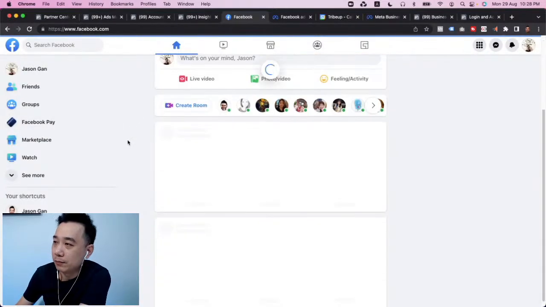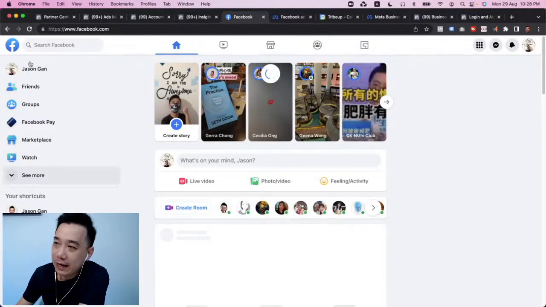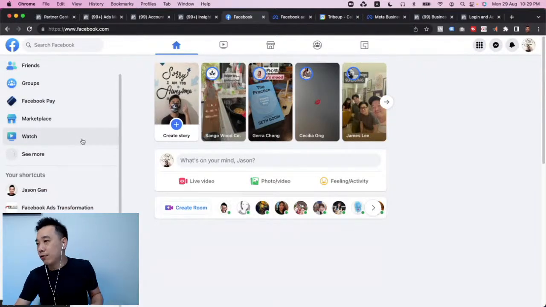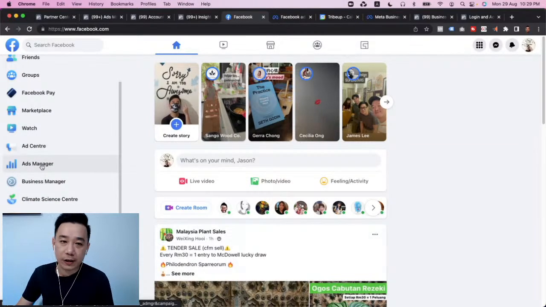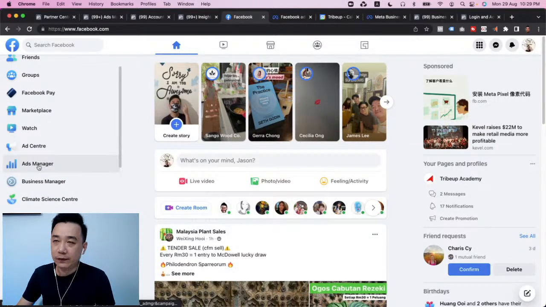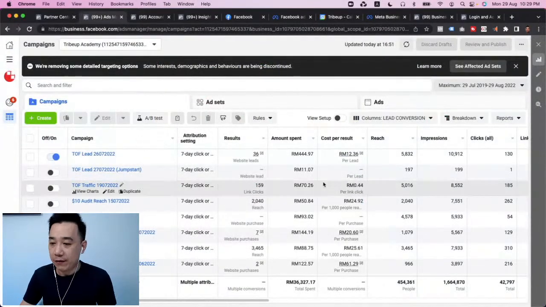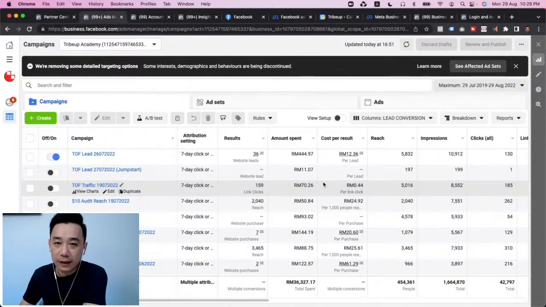This is the Facebook home, right? So when you're at Facebook home, then you'll be seeing something like this. Now on the left-hand side, left sidebar, click see more, and then wait for it to drop down. Then you will be seeing this thing called Ads Manager. Click on it. It will always lead you to this screen if you already have an Ads Manager. If not, that button will also prompt you to start an Ads Manager.